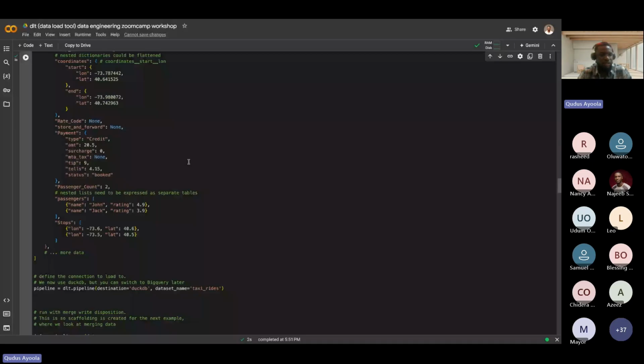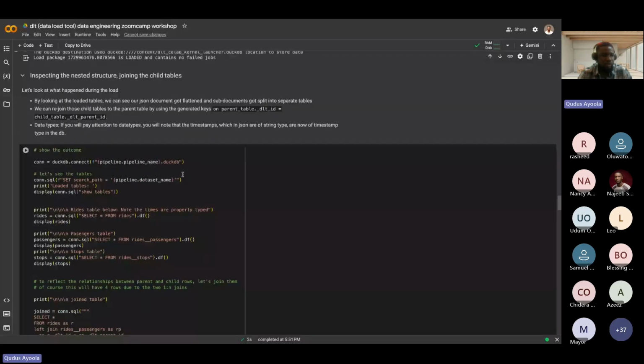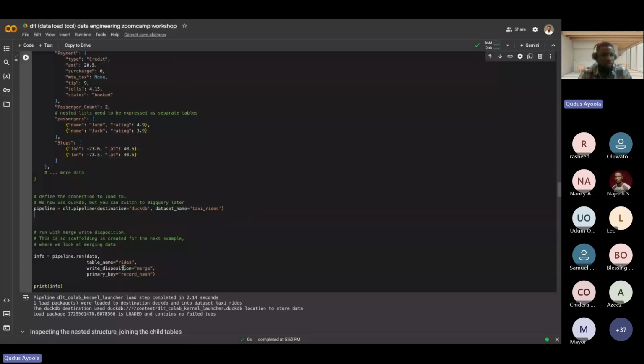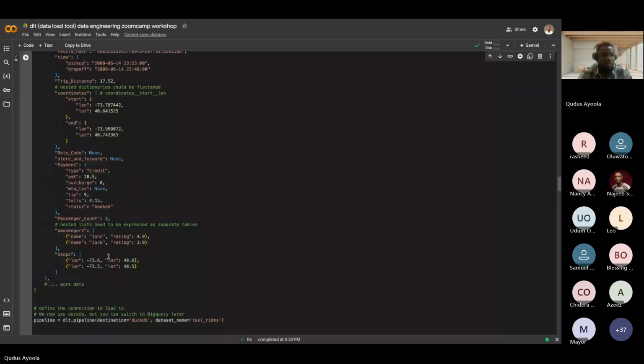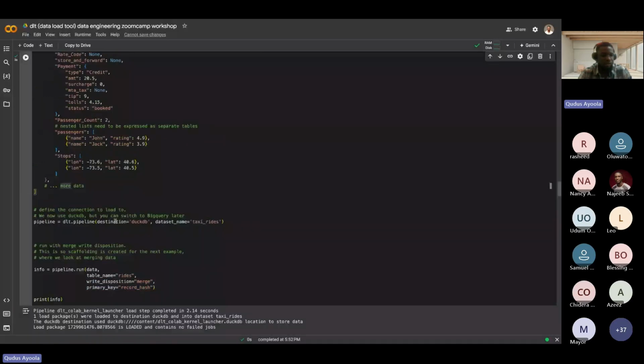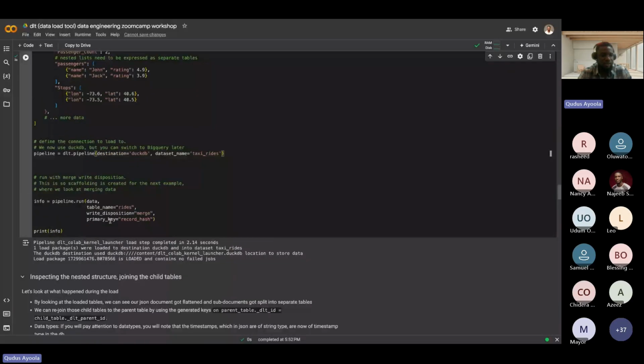So if I come right here and run this query to see what was loaded inside our database, come back here, this is the data set, this is the table name. So we pass in this data into our pipeline in order to create this table. So you can see how fast it was. This is the data here. This is the pipeline setup. And what we just need to do is pass in the JSON data here, pass in the table name, the write method.